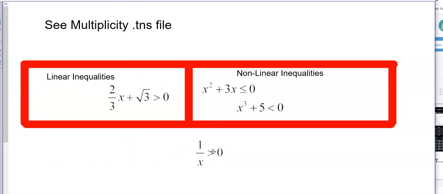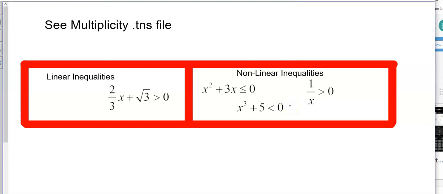This one you're going to be tempted to say it's linear, but actually, because x is in the denominator, that graph is going to be not straight at all. It's not going to have a constant rate of change. It is going to be nonlinear. And so we don't know how to graph these nonlinear ones yet, but I need you to know the difference,